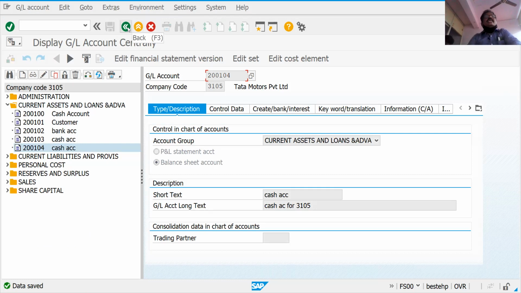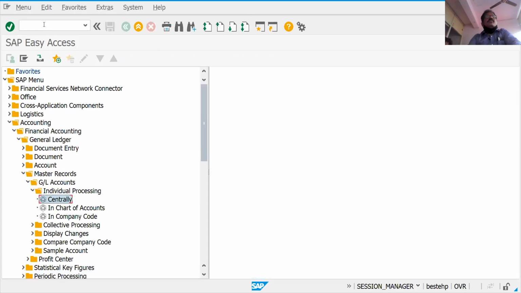Now we want to post the documents. Post the documents we need to see here. How to post the documents? Transaction code.